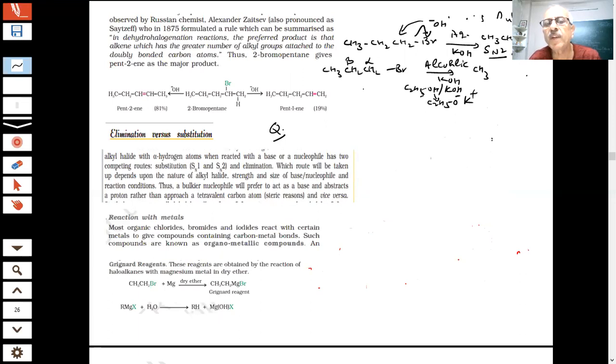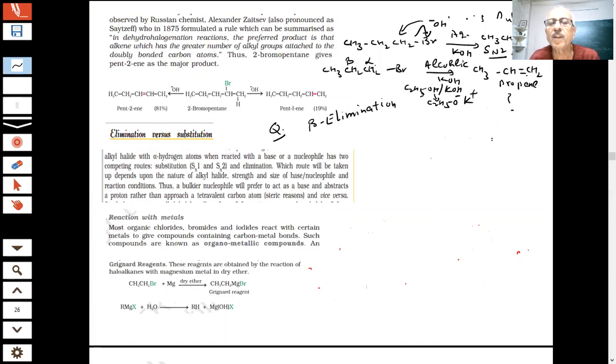So there will be a beta elimination reaction. We just discussed what reaction I have discussed just now: beta elimination. What is the product of the beta elimination, students? CH3CH=CH2. This is an alkene. What you are getting is propene. Now you have to explain, students, why it is happening.